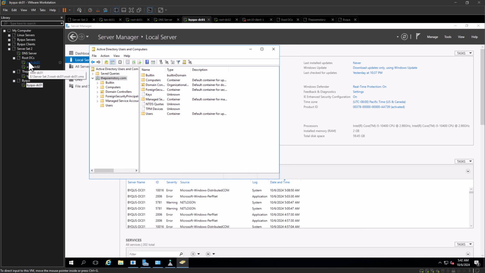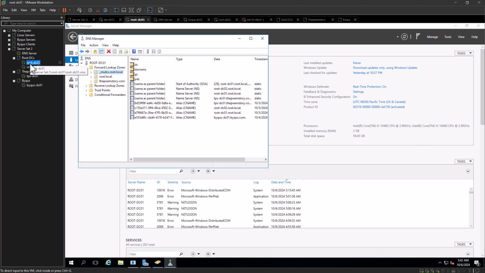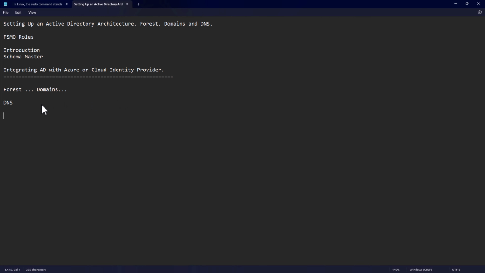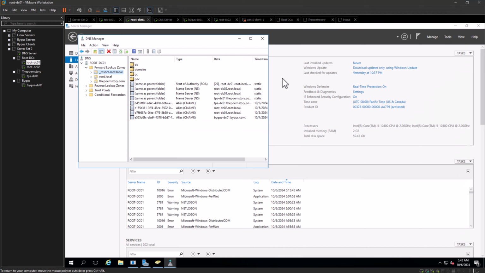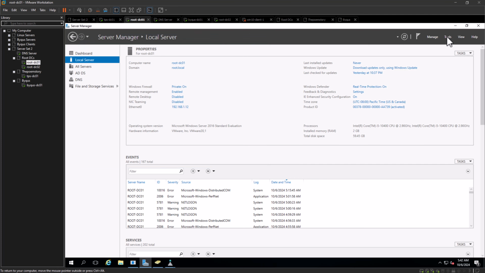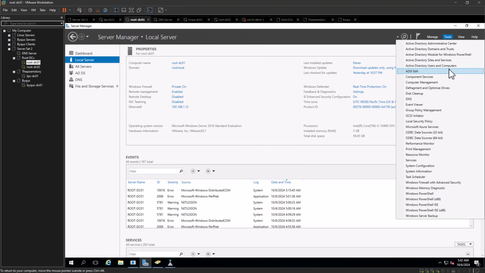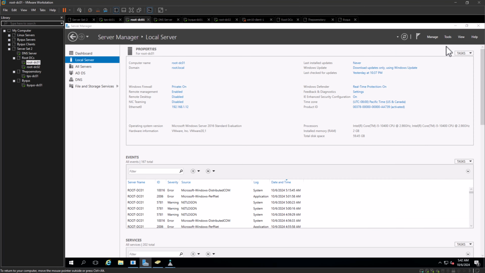So if you see, let us talk about DNS and a small bit of info on trust relationships. All right, so if you go and check tools, Active Directory Domains and Trusts, so you see